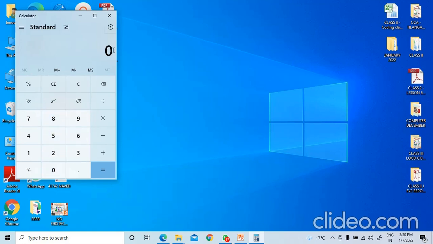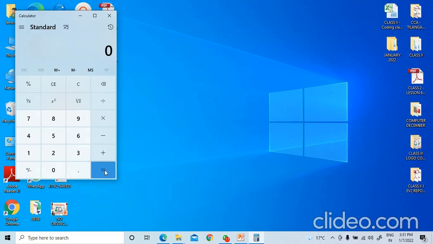So this is the display area where a big 0 is written. This is the area where we will get the results and we will enter the information. Here you have to learn about these 4 buttons. The first is division, then is multiplication, then is subtraction, then is addition. In some calculators you will see slash in spite of this division sign, star in spite of this multiplication sign, minus and plus will be as it is. Equal to sign will be used to get the result.